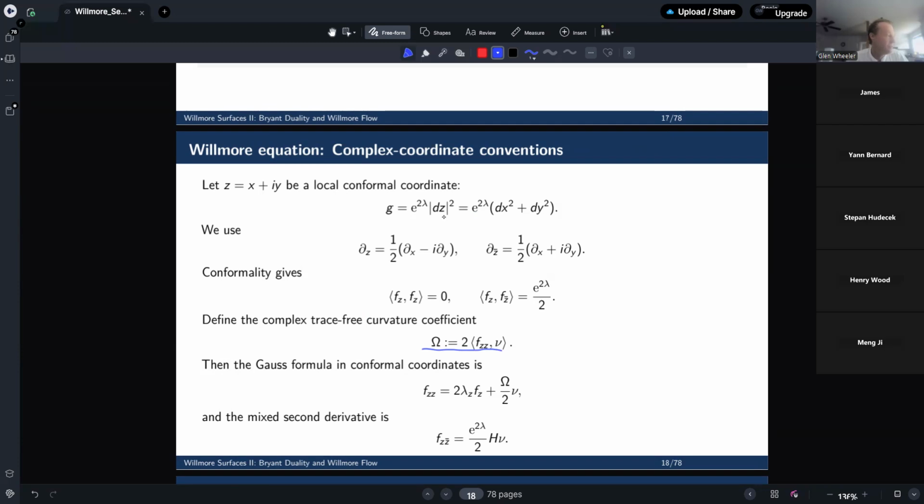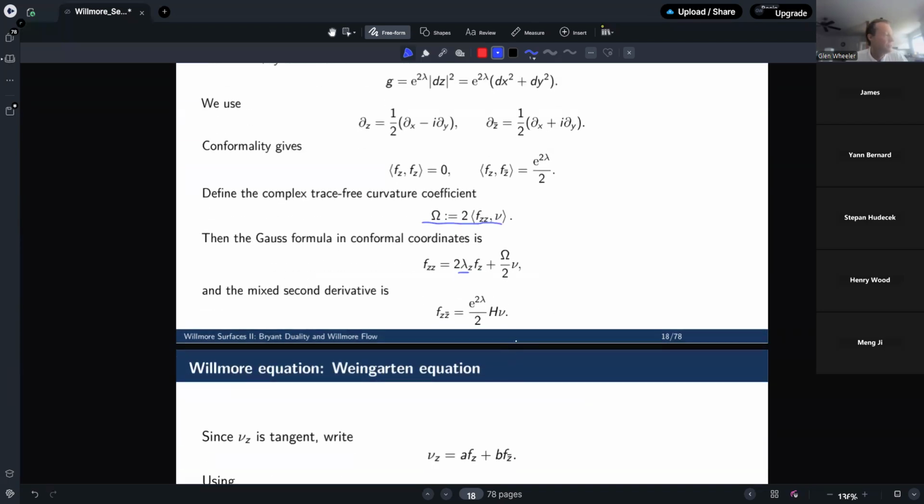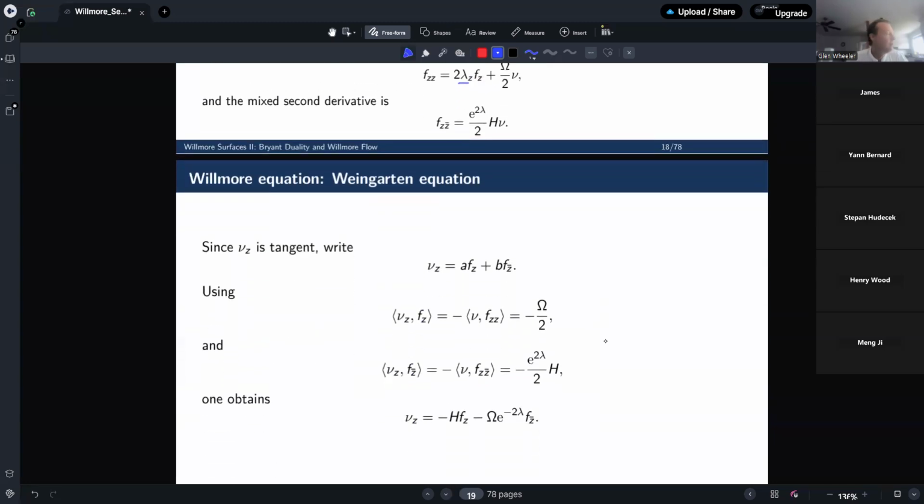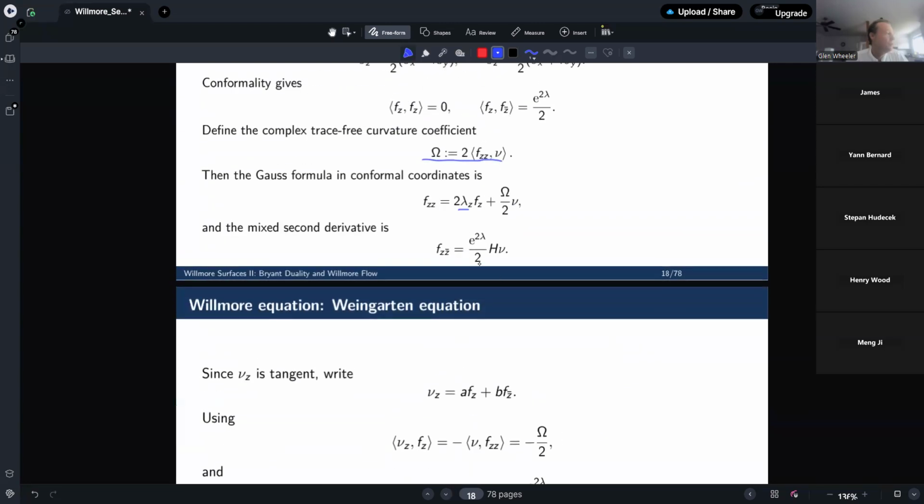And now we start expressing all the geometry related to F in terms of Z and Z bar derivatives and also the conformal factor. Okay, so we can calculate F_ZZ, we can calculate the Laplacian of F. This is an analog of the, Laplacian of F is mean curvature vector. Except, of course, you've got,